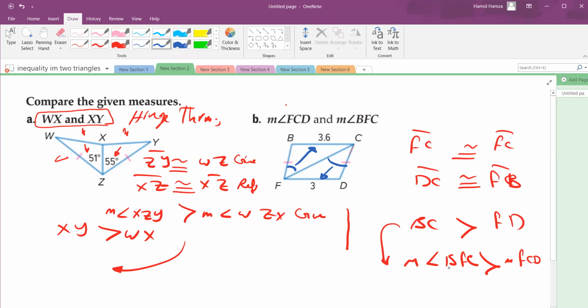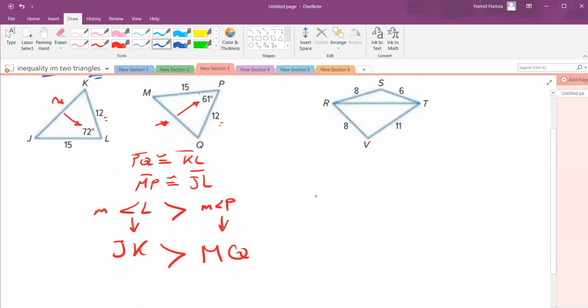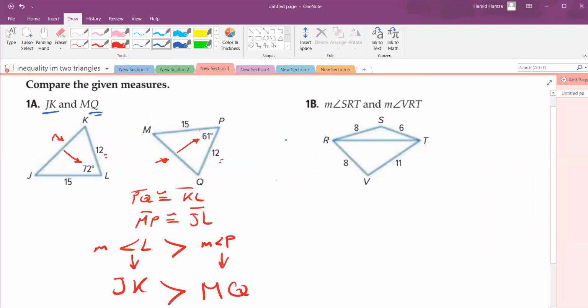Let's not write the name. We start from the end, guys. So measure of angle BFC greater than measure of angle FCD. Why this happened? Because side BC is greater than FD. What about the other two sides? The other two sides are what? Are congruent. So that's it. We reverse the operation. Okay. So the next one also, we wanted to compare, this is, guys, if you compare between angles, so this